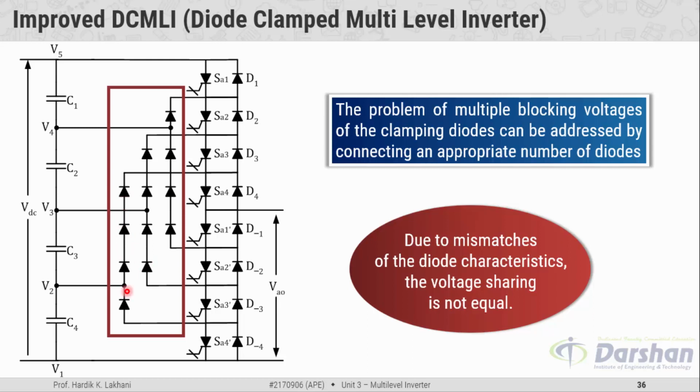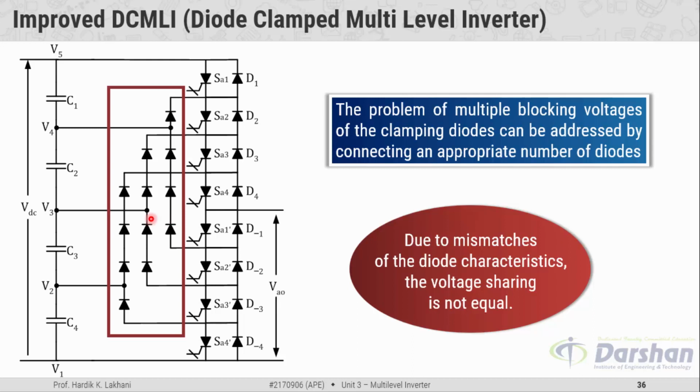Now let us find out whether the voltage drop across each of the devices is the same or not. So once again, let us consider all the lower half switches are in the on state, and because of that the anode of this diode gets connected to V1 and the cathode of this diode is connected to V4. So these 3 series connected capacitors would appear across these 3 series connected diodes. That simply states that the blocking voltage capability of each diode would be VDC by 4.